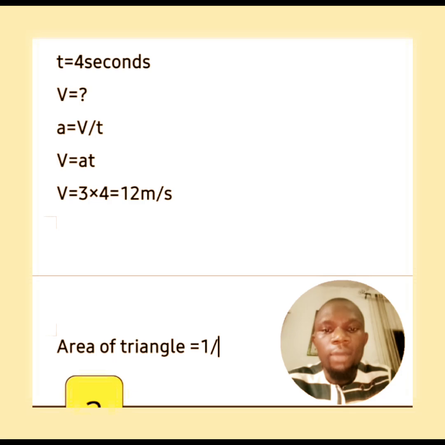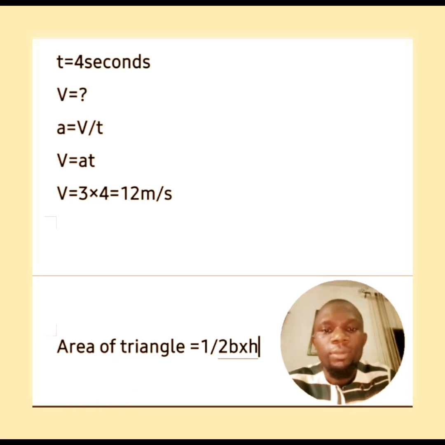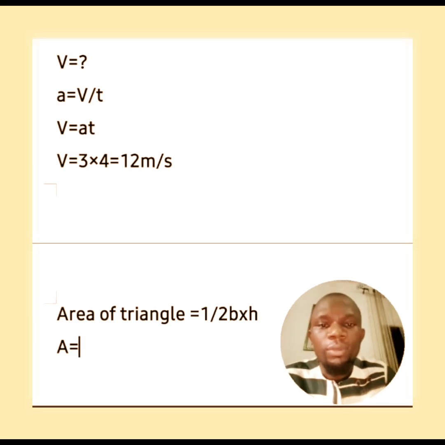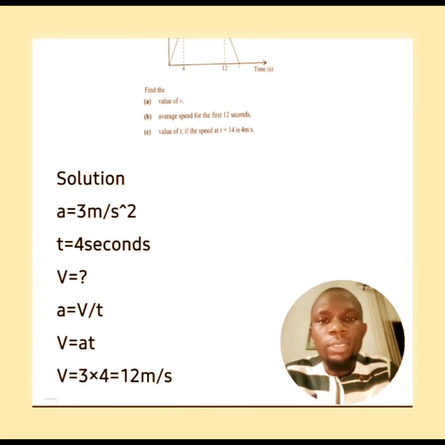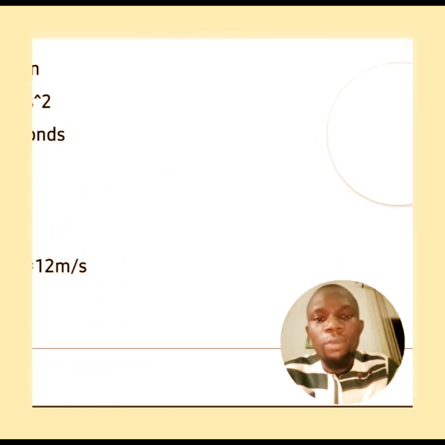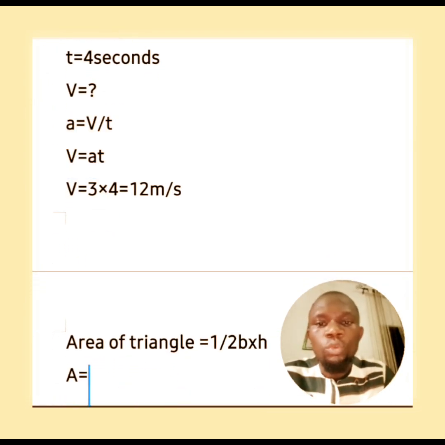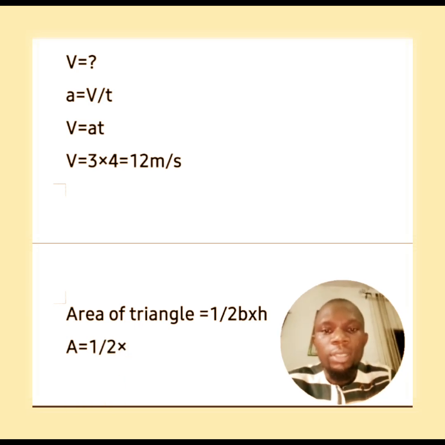Half base times what? Height. So my area is equal to half times the base. The base there from the diagram is 4, and the height is the initial velocity that has been solved, which is 12. So I'll have half times the base, which is 4 from the diagram, times my height, which is